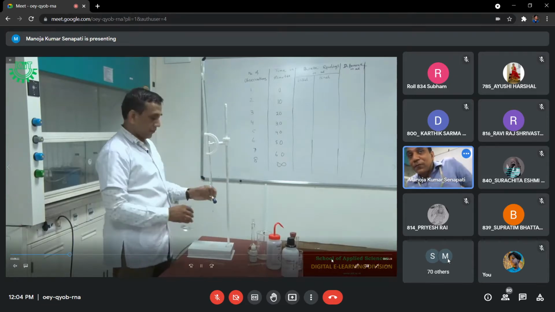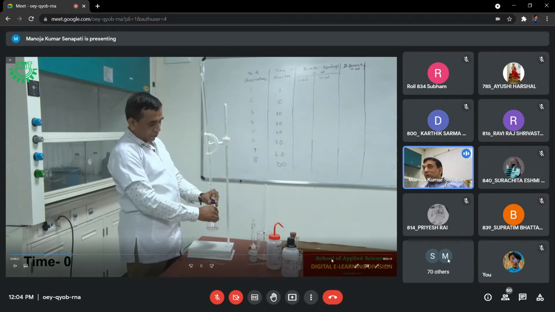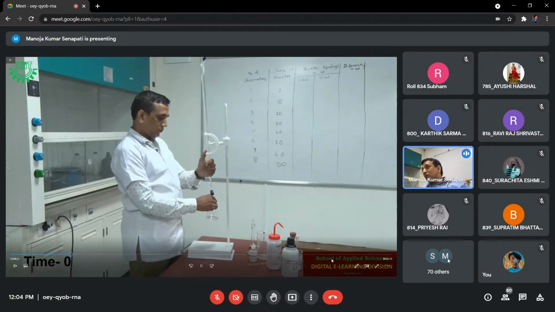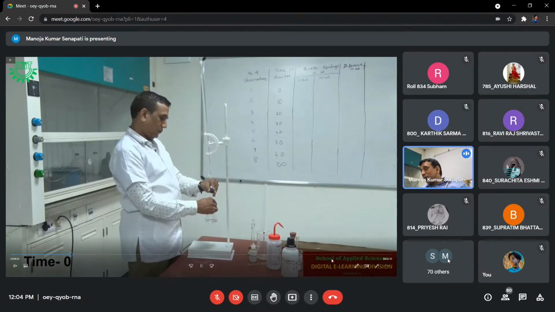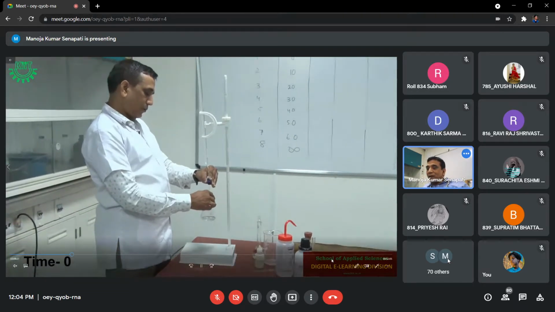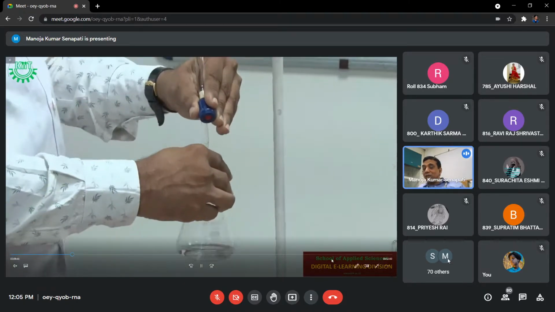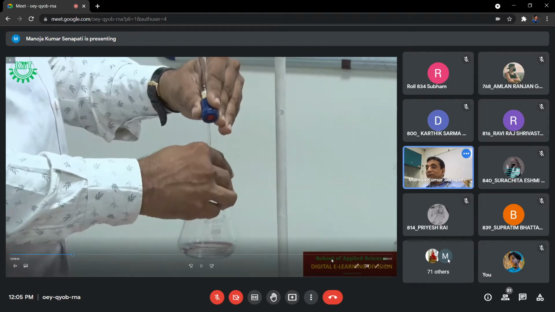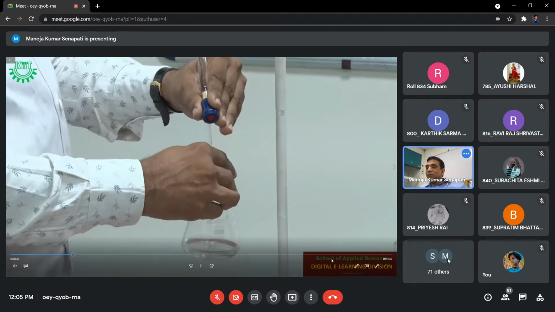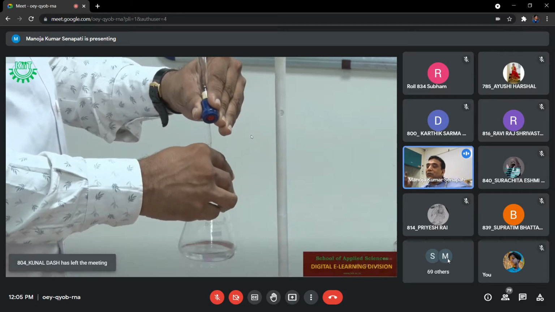And here, as you know, every observation is important and we are going to take the exact observation. So in each case, you are going to add drop by drop, not by the 0.5 method. No rough reading is here. You go on adding drop by drop. And don't mix the solution vigorously. You move it slowly while you are adding, because you are carrying out a neutralization. Slowly mix the solution in a circular manner. So continue till you get a pink color.